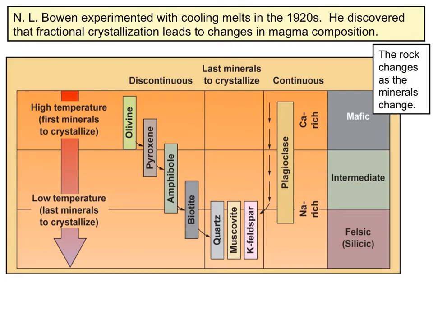There was a very famous geologist named Bowen who did a bunch of experiments with cooling melts, and even though he did this 100 years ago, the results of his experiments still form the basis for our understanding of magma composition. What he discovered was that fractional crystallization leads to changes in magma composition, as I was just describing. And more importantly, he was able to show that there is a very distinctive sequence of minerals that will crystallize